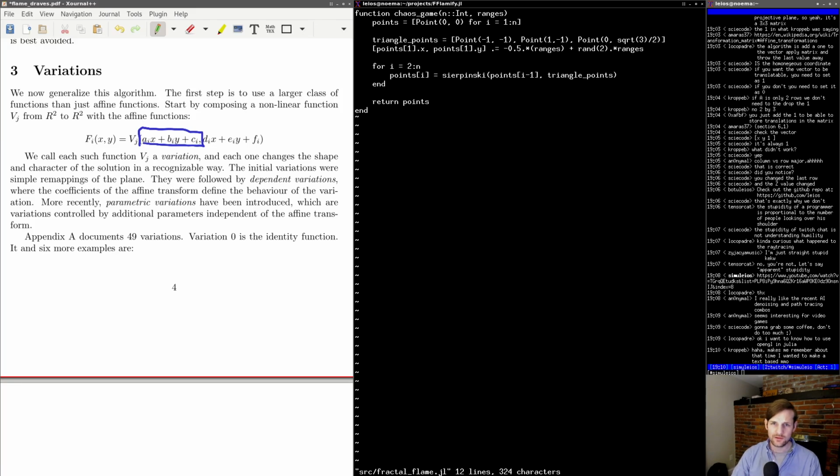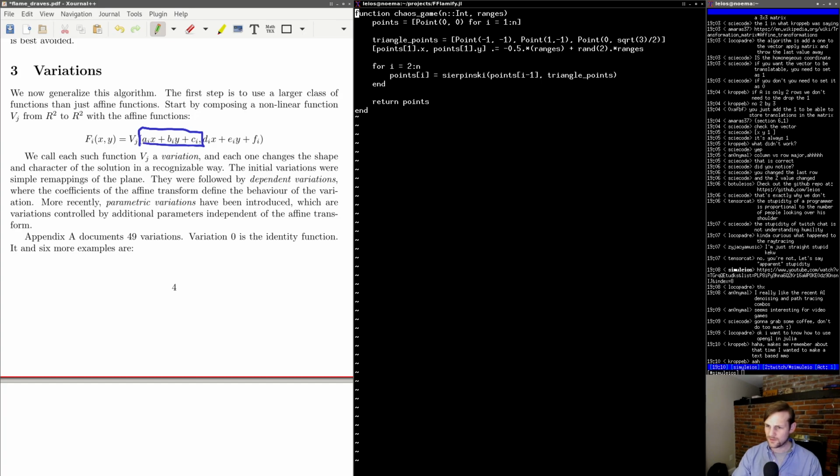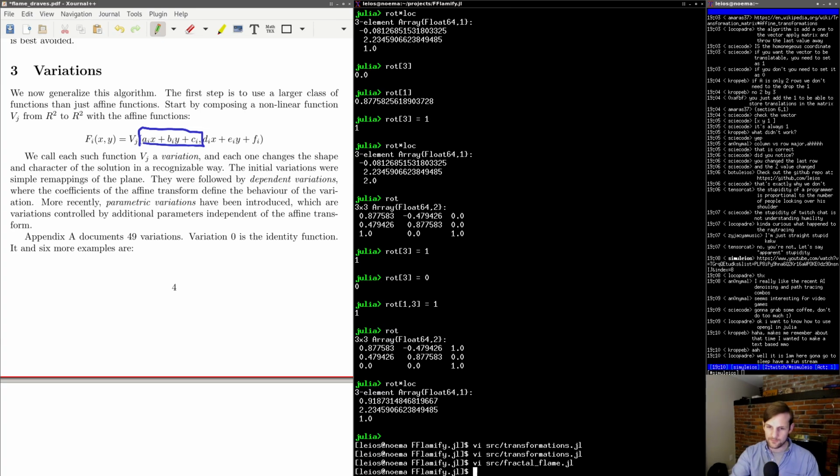I'm gonna now create a new function. Let me think about this, how we wanna do this. Maybe the first thing we're gonna do is, instead of rewriting the fractal flame method, take a step back and implement some flame functions, and then implement the fractal flame function after that. So vi source, and let's do